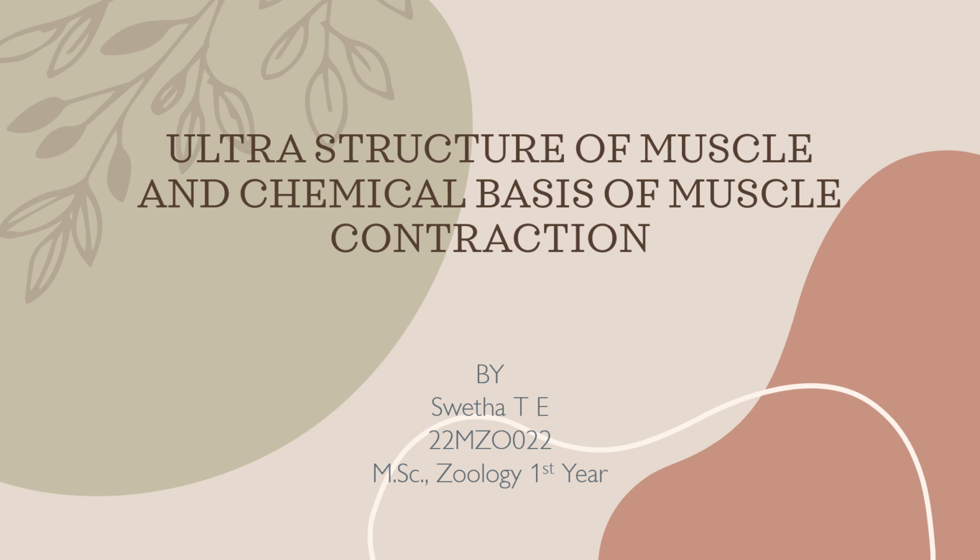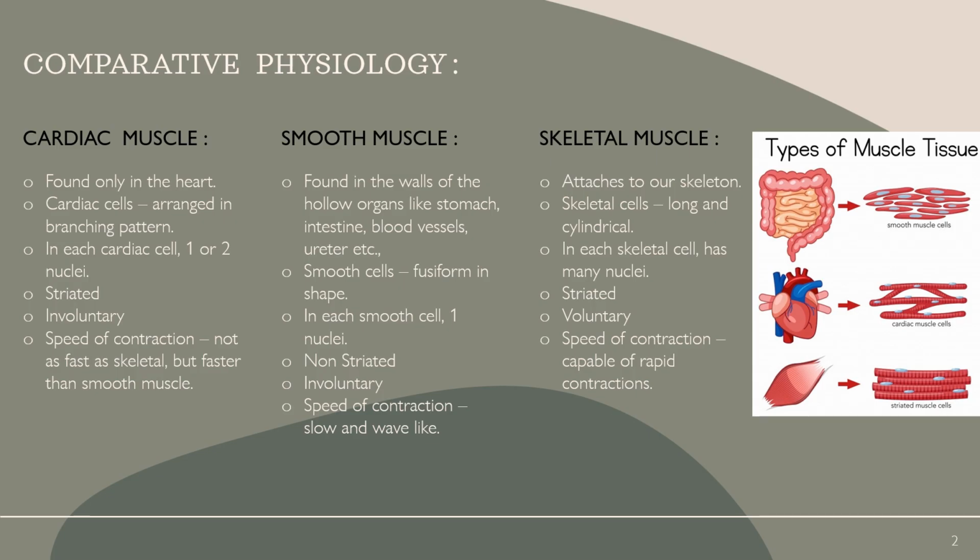Welcome. Let us discuss the ultrastructure of muscle and the chemical basis of muscle contraction. Comparative physiology. Cardiac muscle is found only in the heart. Cardiac cells are arranged in a branching pattern. Each cardiac cell has one or two nuclei, is striated and involuntary, and its speed of contraction is not as fast as skeletal muscle but faster